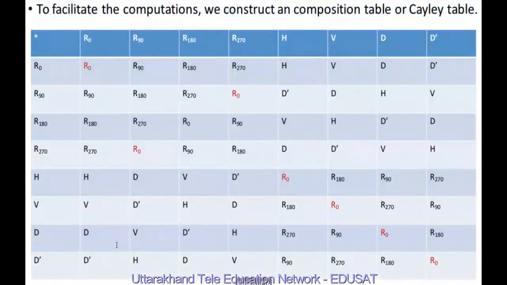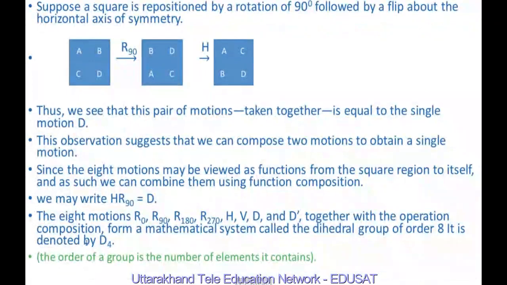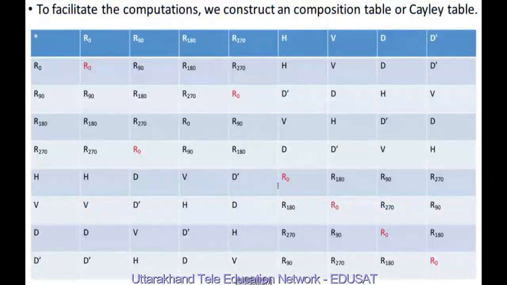So we can construct a composition table for this group, and we have seen in previous lectures how to construct a composition table. This table is also called a Cayley table. Cayley is the name given to honor the English mathematician Arthur Cayley, who introduced it in 1854, and we discussed this in the previous lecture when we studied the composition table. So now we know how to construct a composition table.